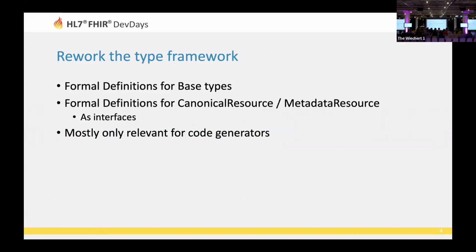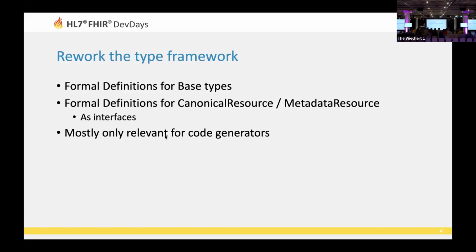Another thing that we did is that we reworked the type framework. So in R4, we have a pretty informal type framework with some special case things that were a little bit odd, and mostly that didn't really bother you as implementers, but it really bothered people who tried to code generate. They got themselves worked into a tizzy about some things, and there were special cases, and sometimes some of those things suddenly cropped up in object models and so forth.